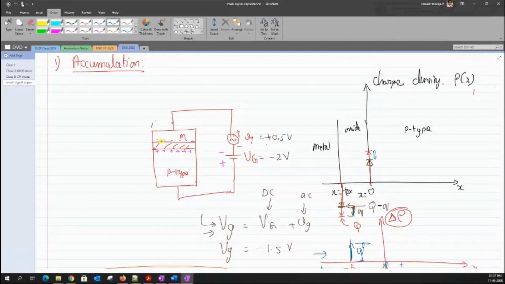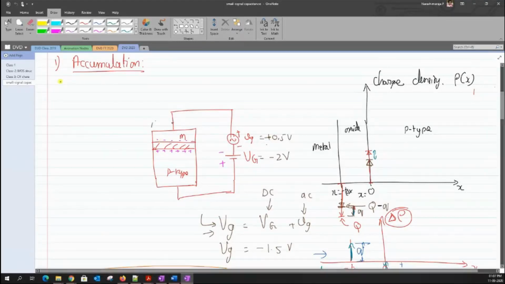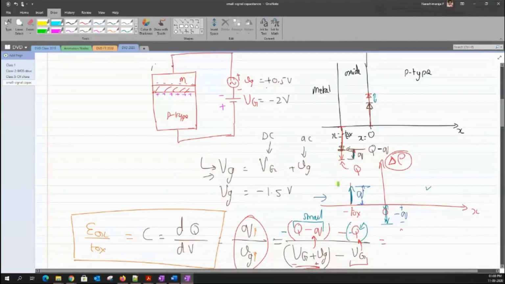Capacitance of a particular region. In the same way, we looked into the accumulation region by biasing VG to a negative voltage, far away from minus VFB. Then we applied a positive step input, due to which there was some reduction in the charges, and when we observed it, we got a graph having a positive spike on the metal side.